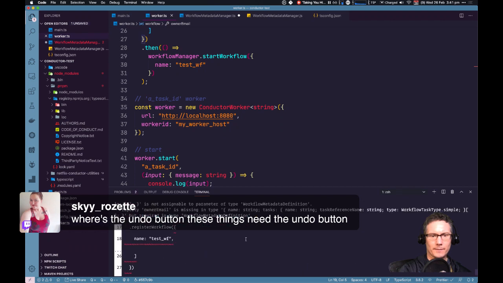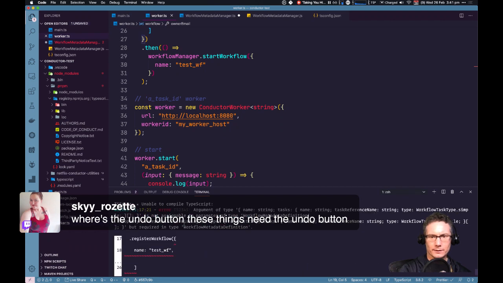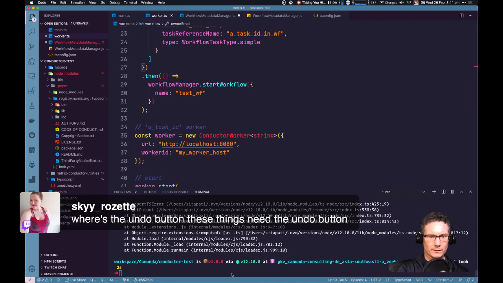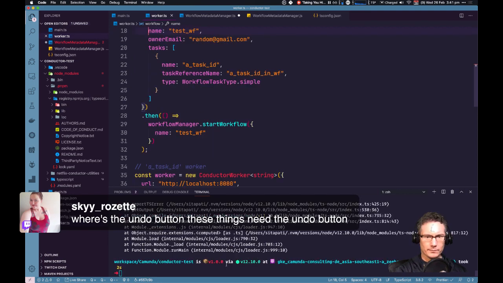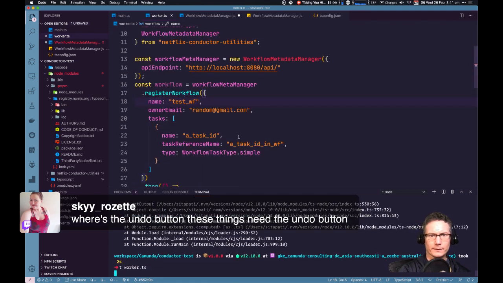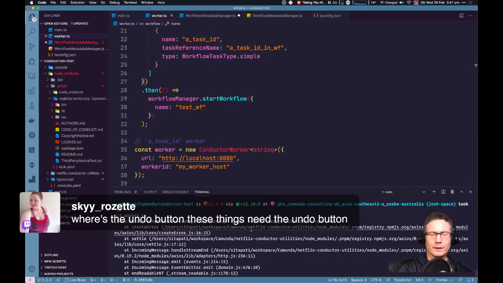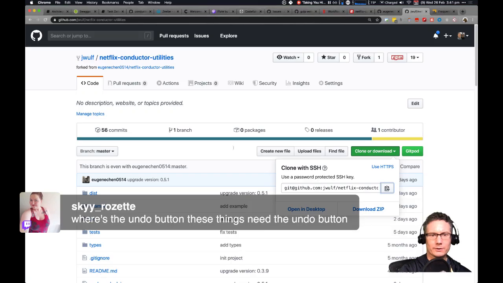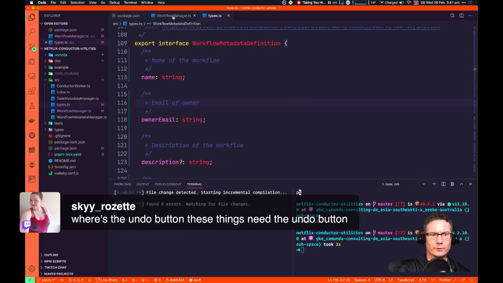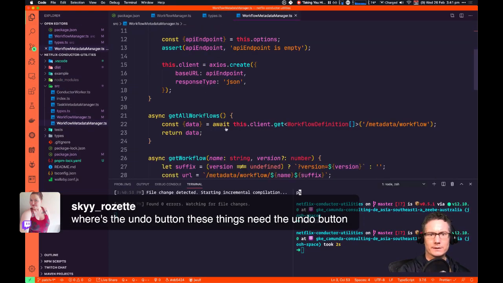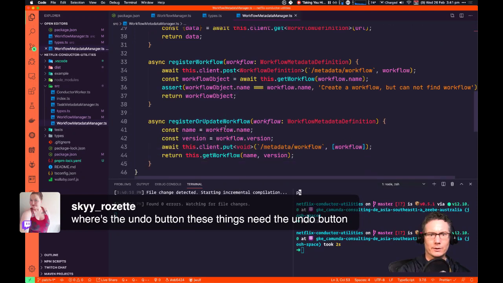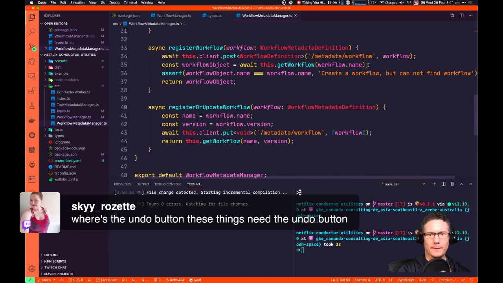What's the problem? Run that again. Okay, good. Now, if we go back to here, the workflow metadata manager, where it does the actual request, so register workflow, right?